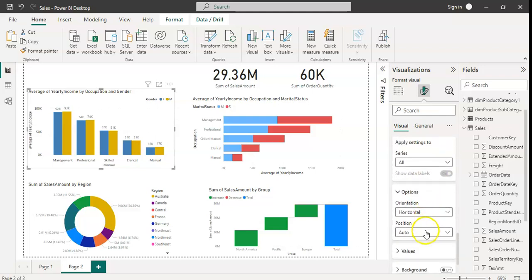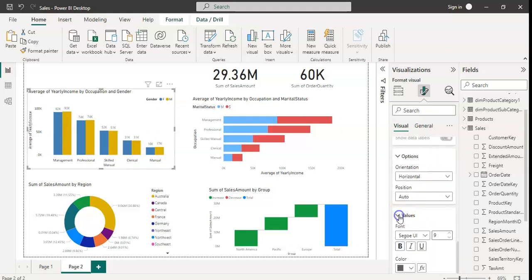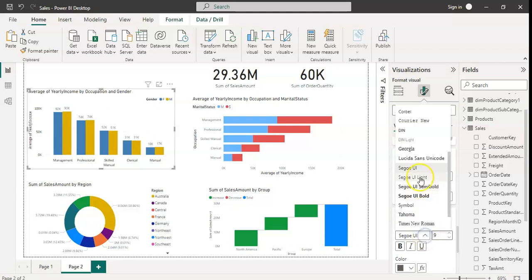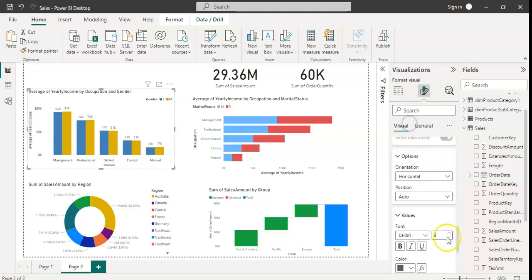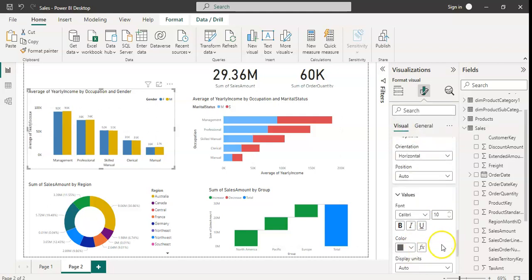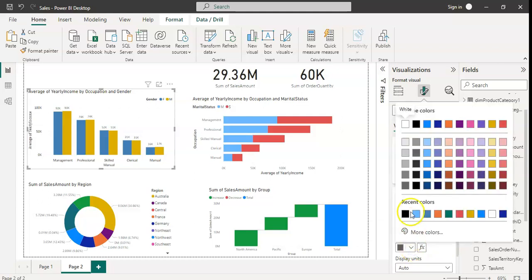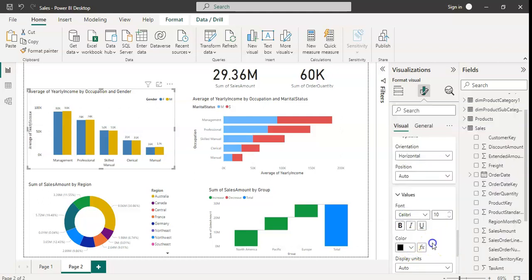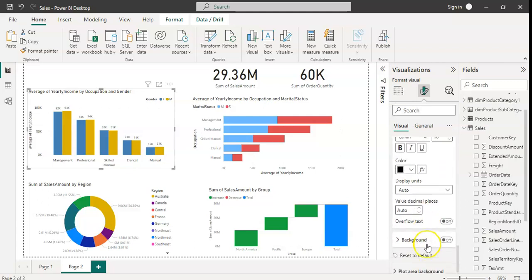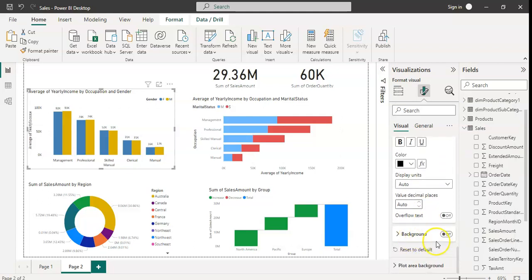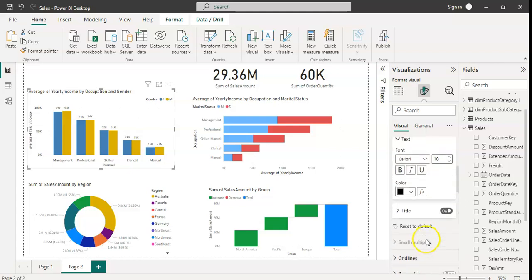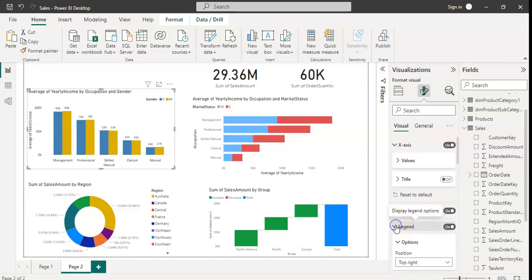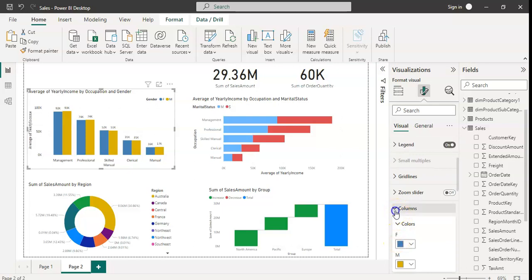Go to the horizontal position. Okay, fine. Value, again you need to make everything Calibri. 9, 10 is okay, and color is completely dark. Display unit is auto, no need to change anything. Background, keep as it is, no issue. Plot area, that's it. Okay, so go to the second option,